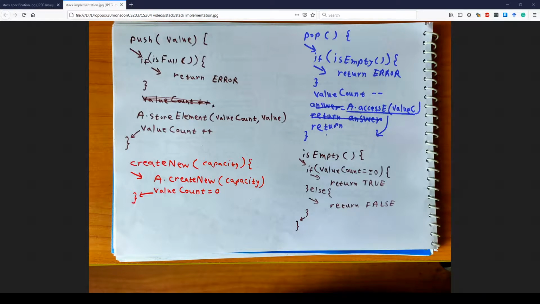So I'll go to members dot set element, and which index do I have to set? The value count I have to set. And which is the value? The value that I just received. I'll call it push val, the value that I have received. I'll send the same value for pushing and set the element, and let's see if there is anything else there.